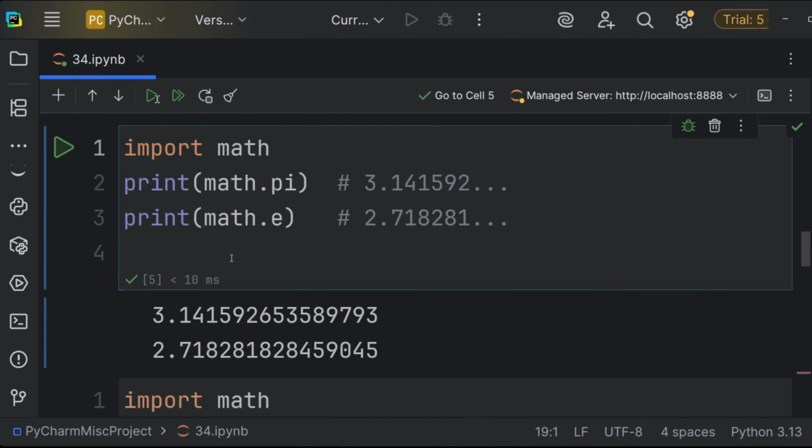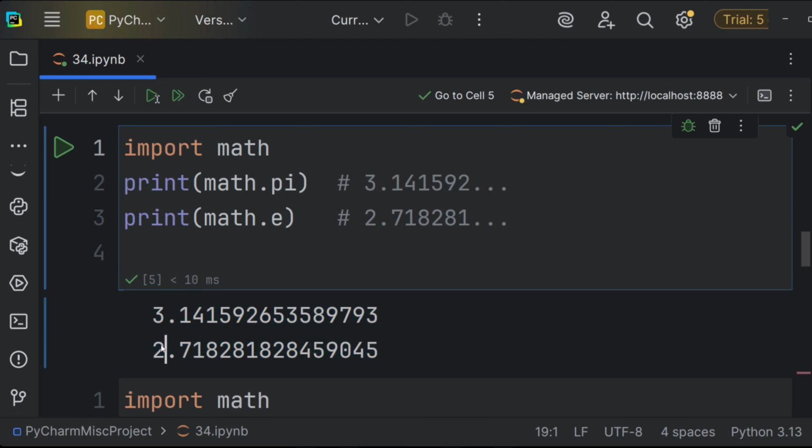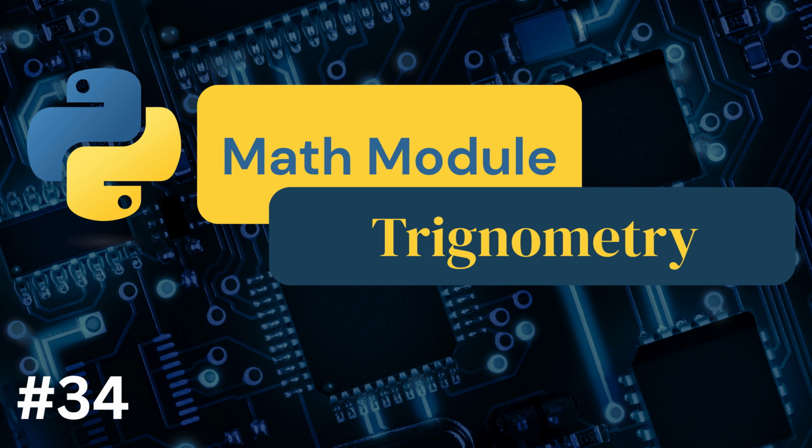So when we run this, as you can see, it prints pi 3.14159 and Euler's number 2.71828. These are constants that you can use anytime in your code. Whether you're building a circle calculator or an algorithm using natural logs, these are always accurate and ever ready to be used in your programs.